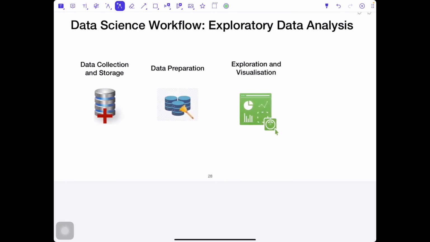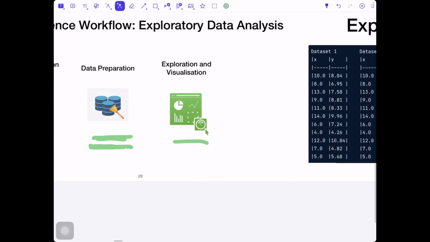Okay, so we have our 2 stages. We introduced in a little bit more detail our 2 stages: data collection and data preparation. And let's go to the data exploration and visualization.